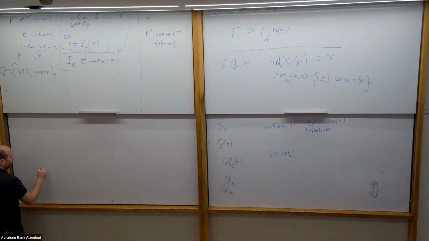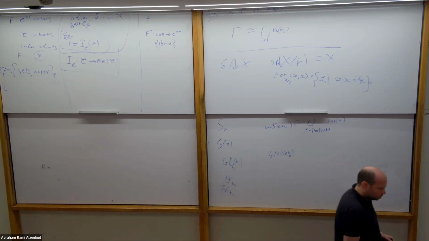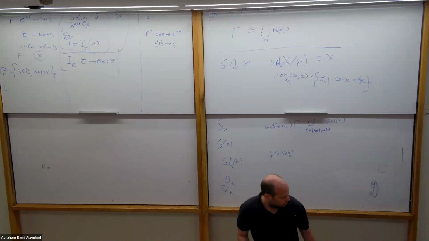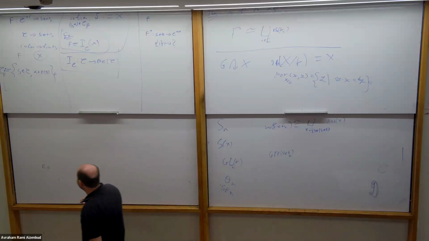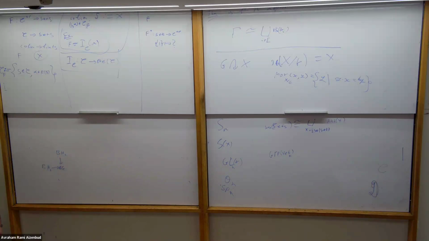So we have BG to B, BH1 to BG, BH2 to BG, and let's say that the maps from Hi to G are embeddings, and you want to compute the